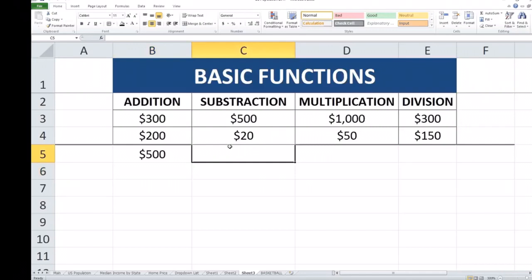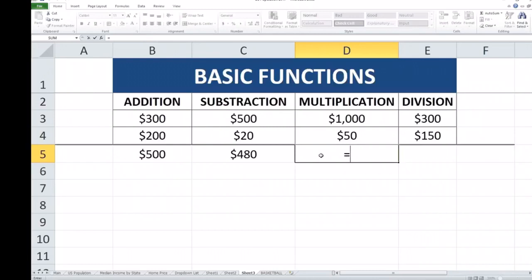So let's do subtraction. Very similar, equal the value that you are subtracting from, so 500 minus 20, enter, that's 480. Multiplication, so we are trying to multiply 1000 times 50, so you point at D3 times 50, enter,